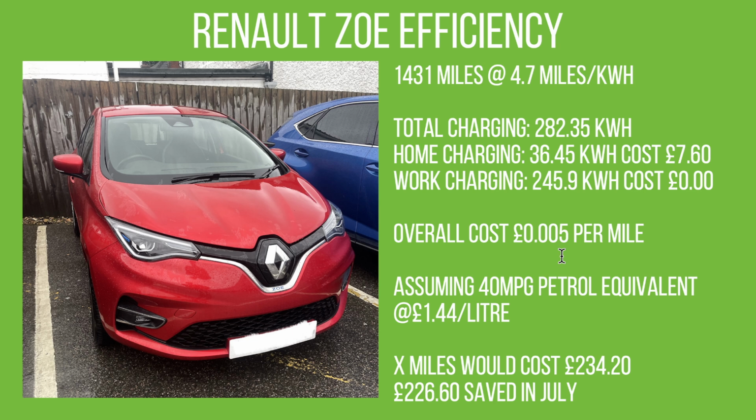And obviously that's very lucky for me to be able to charge the car at work for free. But it does mean that I was able to save even more money by having an electric car and not having to pay very much to keep it running. If we were assuming a standard petrol car, maybe 40 miles per gallon at £1.44 a litre, 1,431 miles would have cost us